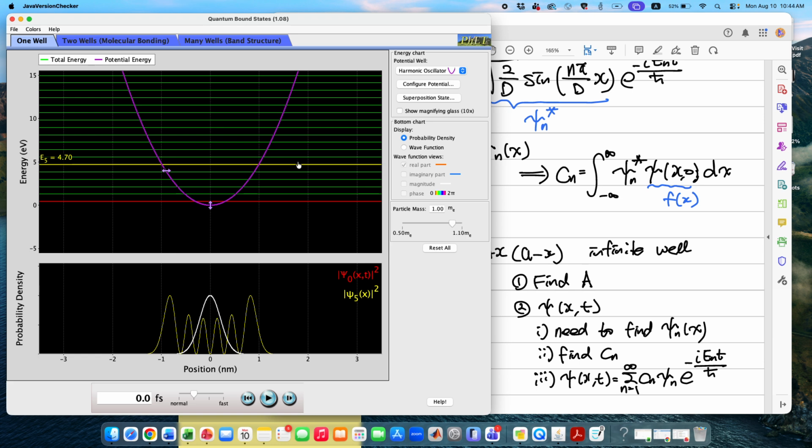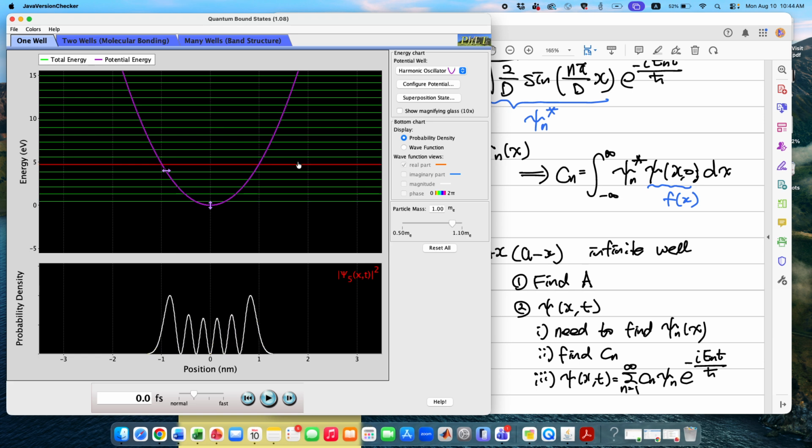Maybe you might not be able to see it. I'm going to click this one. Okay? So in this case, beyond the point where classically possible, right? Now there is non-zero value, right? So what that means is that, quantum mechanically, there is still a chance that you can find this mass outside of the classically possible. Okay? And also, if we look at higher energy here, for example, in this case, as we saw before, the probability density function looks like kind of a parabola, right? Like classically you would expect. Okay?